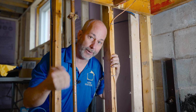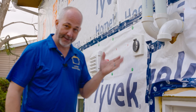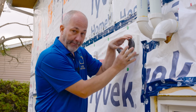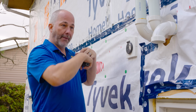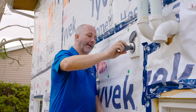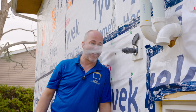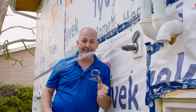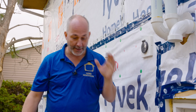And I'm going to release the water pressure from my faucet. Now, the valve inside is completely open at the hose bib inside. The main shutoff is closed, but that means that all the pipes in the house are still under pressure. So we are going to release that pressure right now. All right. The other option you have is to find another fixture in the house that's much lower than